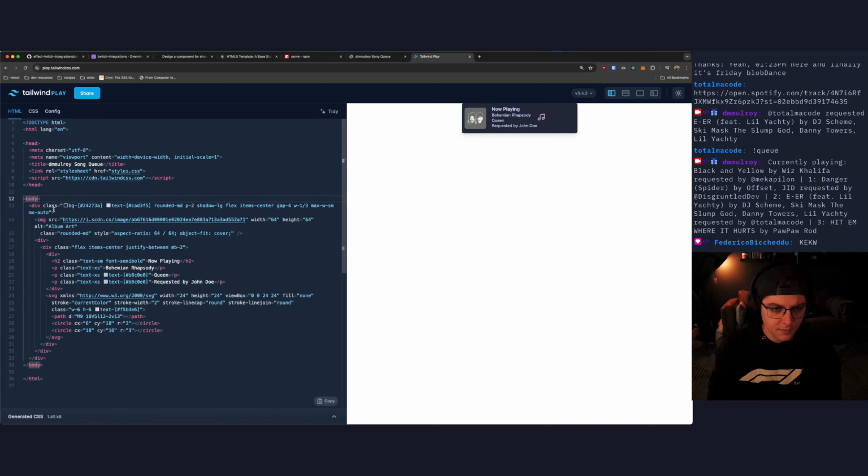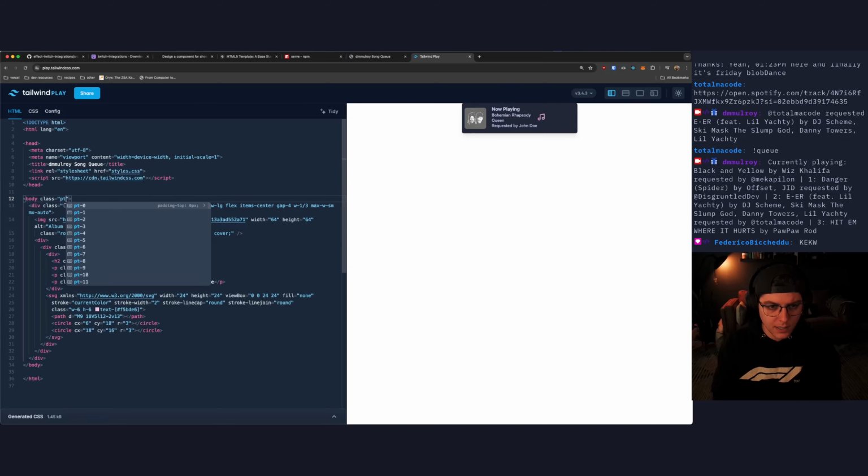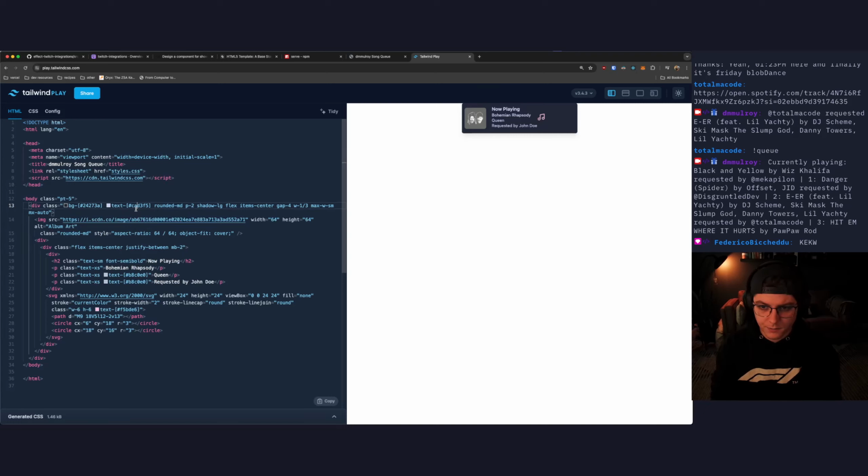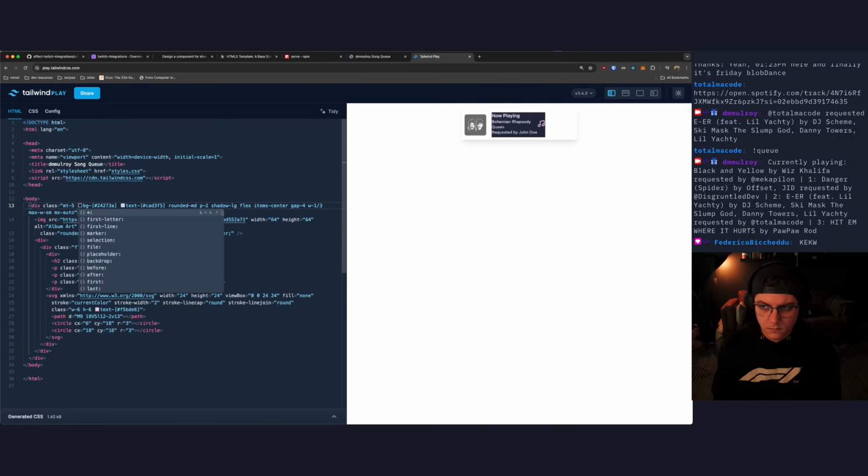Let's give ourselves some padding up top. So let's add class padding top like 5. That worked really well. Glad that worked. Or that'd be margin top. It'd be padding, right? Maybe we can't do that on the body tag. Let's do it on here then, for now. Margin top 5. Yeah, there we go.